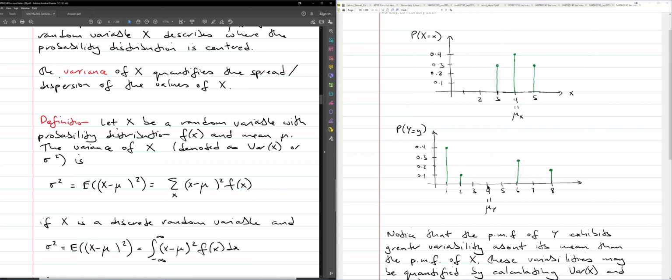On the other hand, here the mean is also 4, but what you see is that the possible values that y can take,